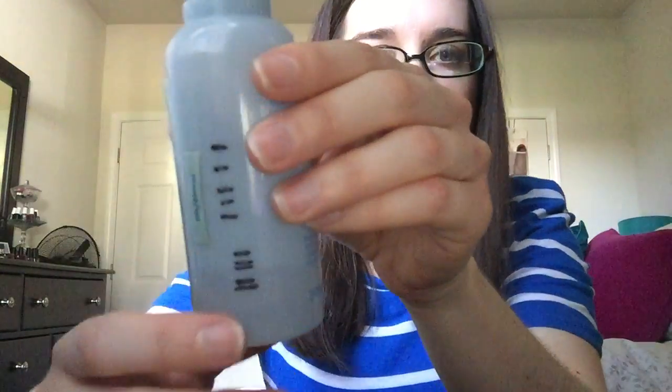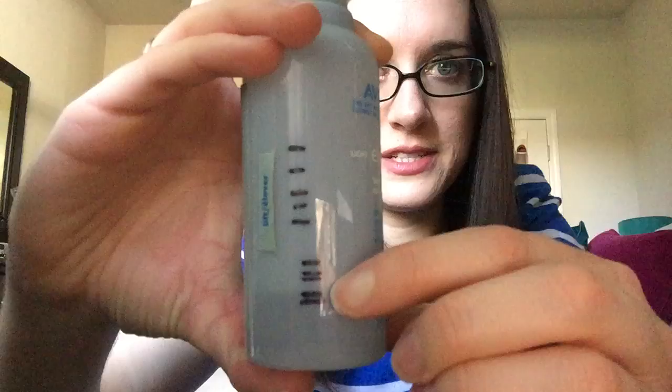Next I have my Aveda. This is the Light Element Smoothing Fluid. I had this in so many projects, so it has so many marks in it. But you can see this little line is where I started and then where I am now. The problem with this is, I do use it every day, but I don't need a lot of it. So it's a very slow moving product, but it is